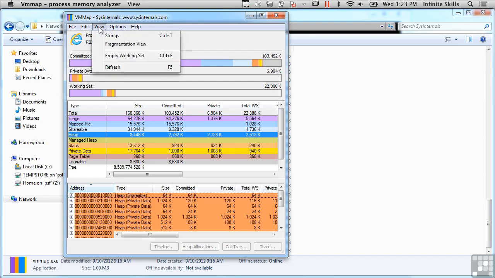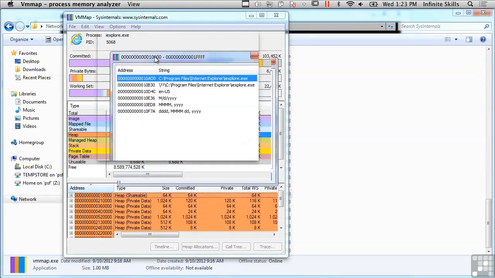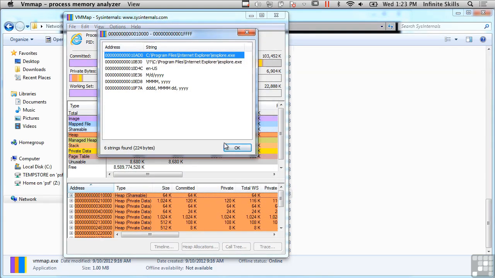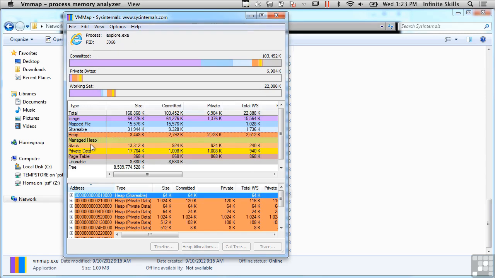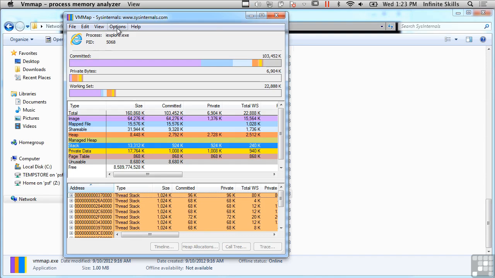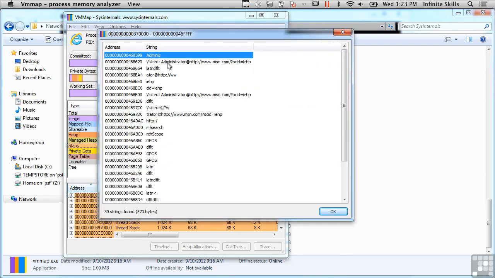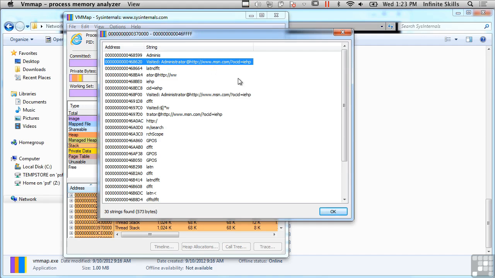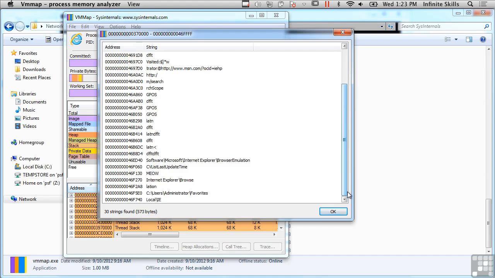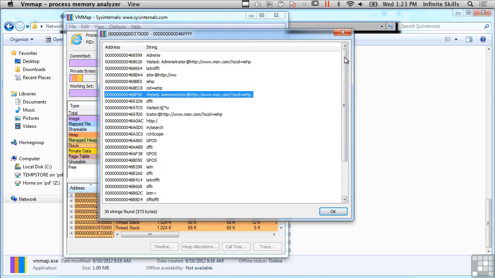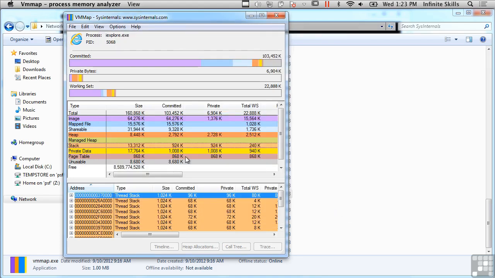And then if I go to View, I can select Strings, and I can see the strings that are part of the heap, which would be dynamic memory. That's what's stored in the heap. So any dynamic memory would be located in the heap. I can also look at the stack, and I can view strings from the stack. And you can see all of this here. We've got a page that was visited by this particular instance of Internet Explorer. You can see that Internet Explorer went to the MSN website, and there's another one here that also visited the MSN website. So here are the strings that are associated with the virtual memory,